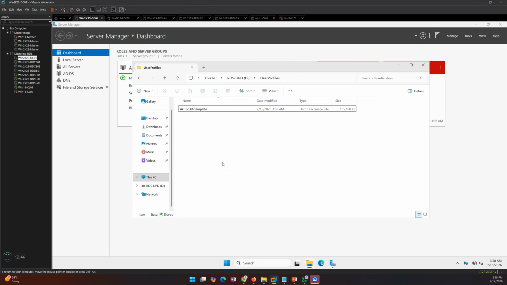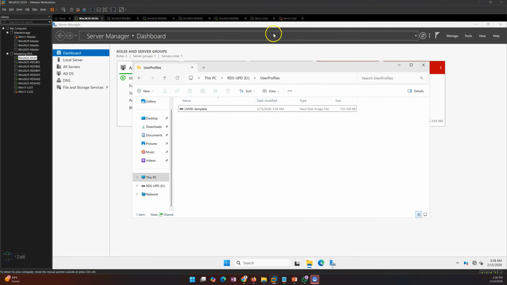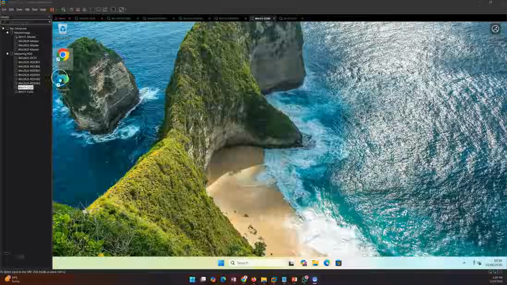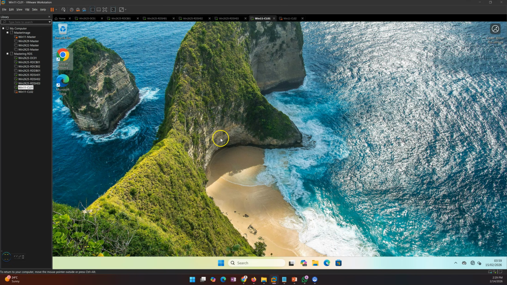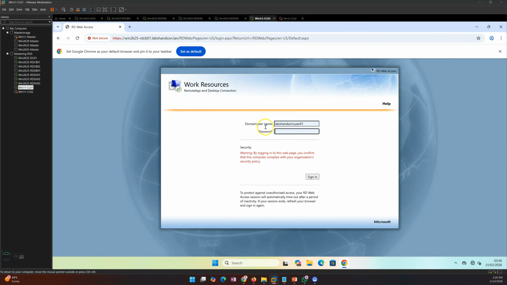So this is good. Now to test it, this is the final task where we need to perform testing and validation for the user profile disk by user login. So I'll go ahead on my RDS1. Now I will open Chrome. Now I got my RDS web access. I'll click there, and now I'll type my password for this user,